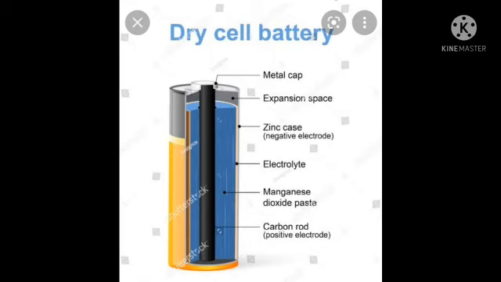Further, due to the wet pulp used in this cell, the chemical reaction proceeds very slowly. Hence, a large electric current cannot be obtained from this. Compared to an electric cell using liquids, the shelf life of a dry cell is longer. Dry cells are very convenient to use. They can be held in any direction with respect to the ground and can also be used in mobile instruments.